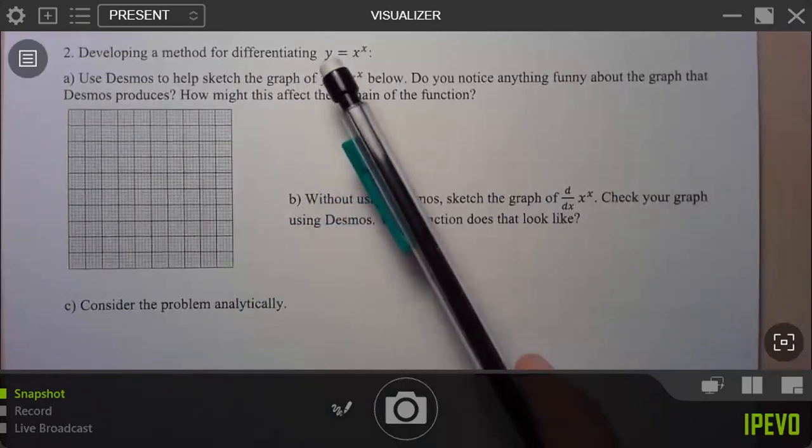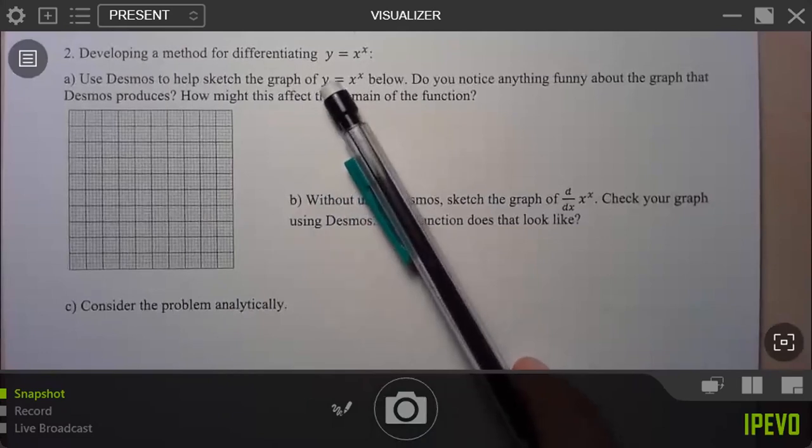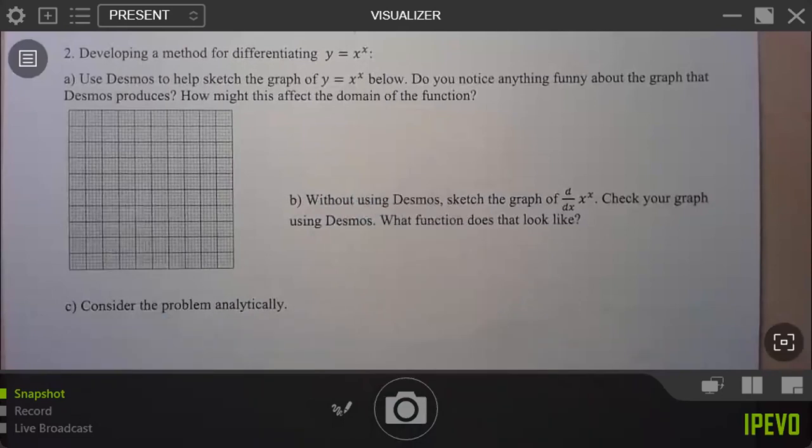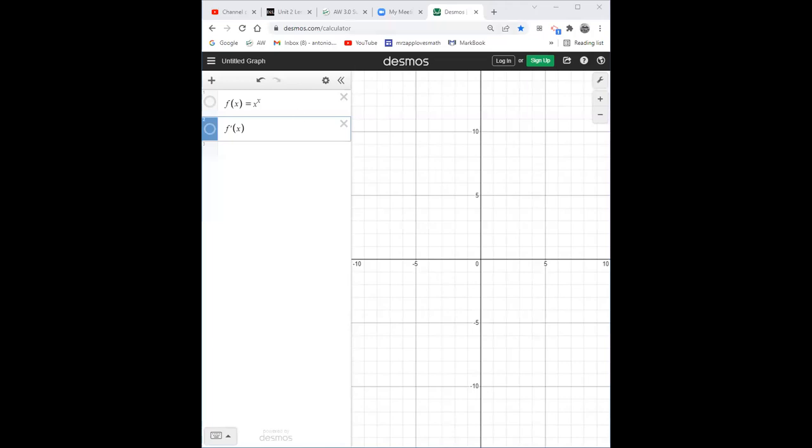So again, just a reminder that if you want to use the power of Desmos, define it in Desmos as f(x) equals x to the x. Okay, I'm going to pause and give you 2 minutes to look at that. All right, so if we graph y equals x to the x on